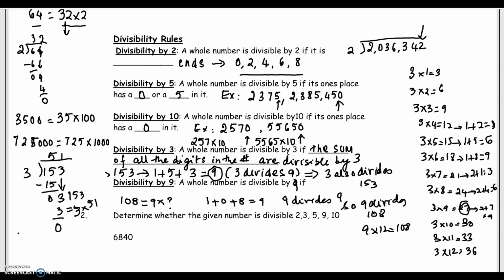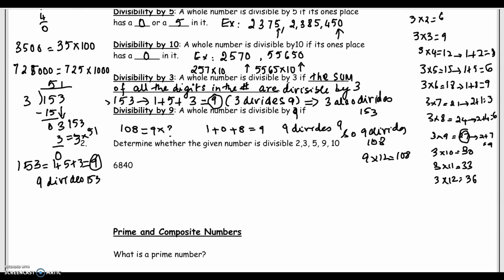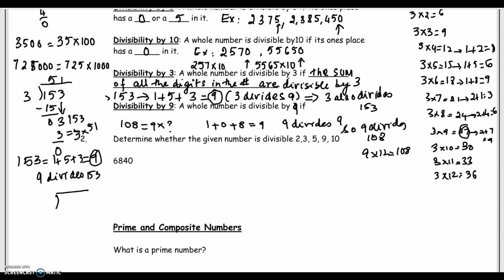Is 153 divisible by 9? 1 plus 5 plus 3 equals 9. Obviously 9 divides 9, so 9 divides 153. Let's check. Let's divide 153 by 9